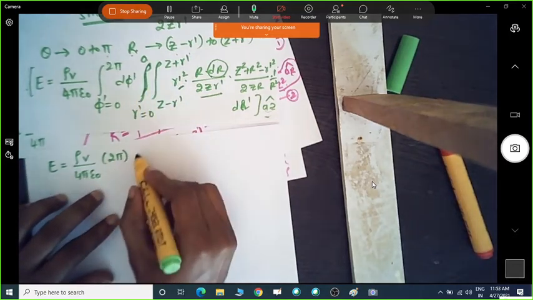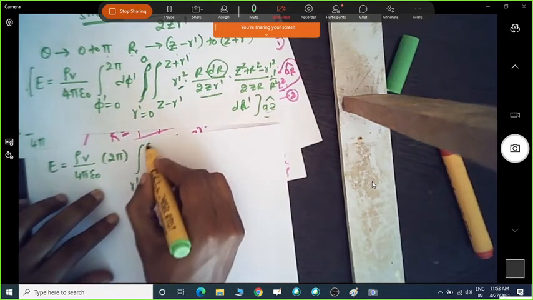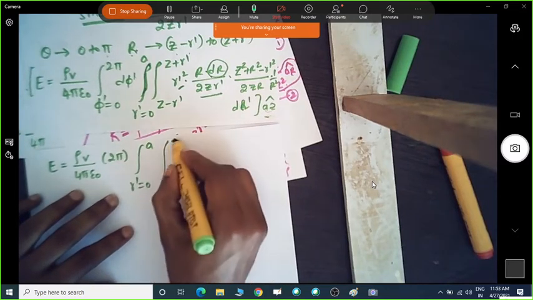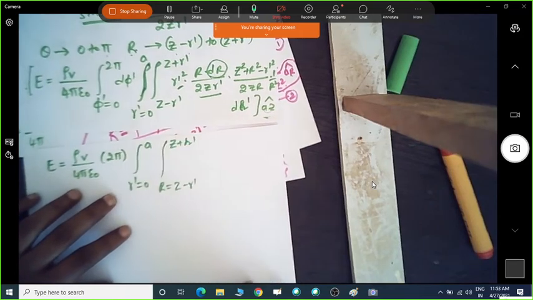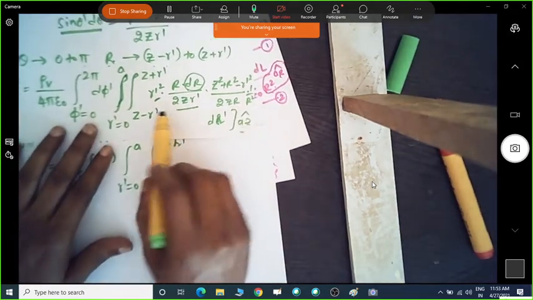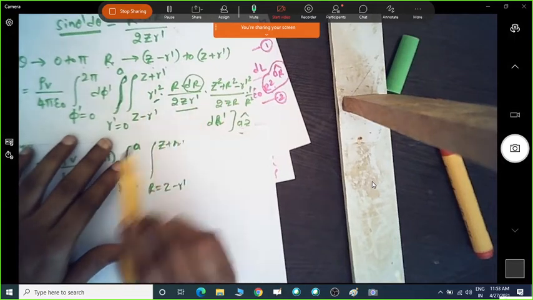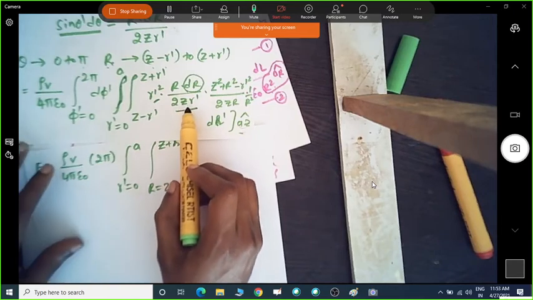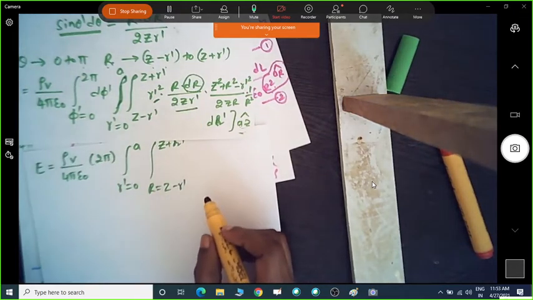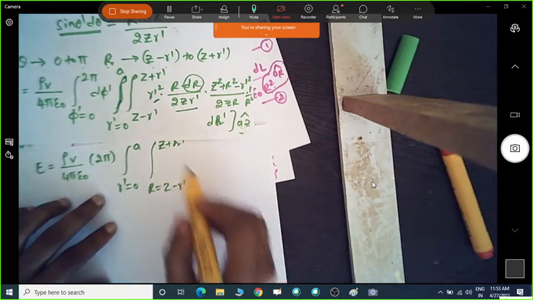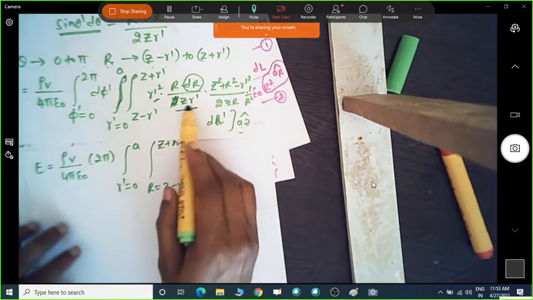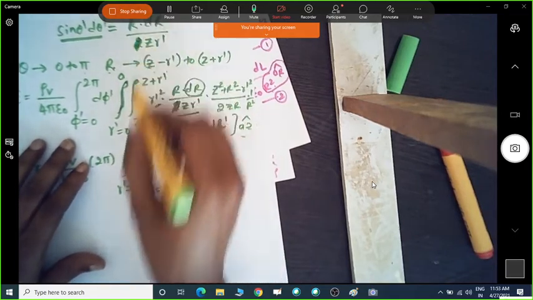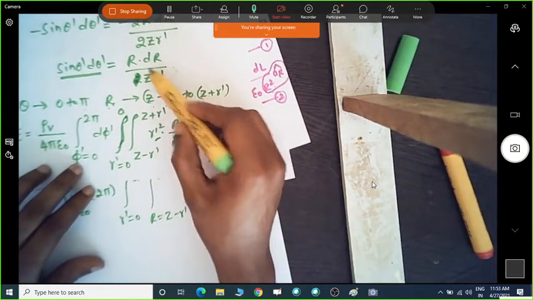Now we can write r dash, which goes from 0 to a, and r, which varies from z minus r dash to z plus r dash. Now we can take whichever terms are common and cancel the ones that cancel each other. Here 2z into 2z, we can take outside and it will give 4z. Sorry, this is z r dash, not 2z r dash, because the 2s cancel each other and it gives z r dash.